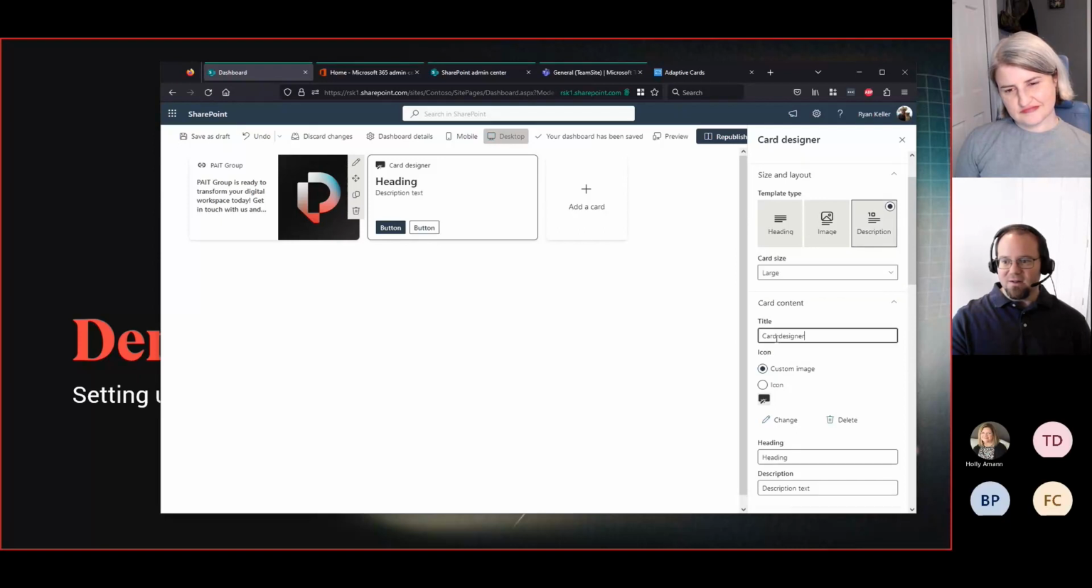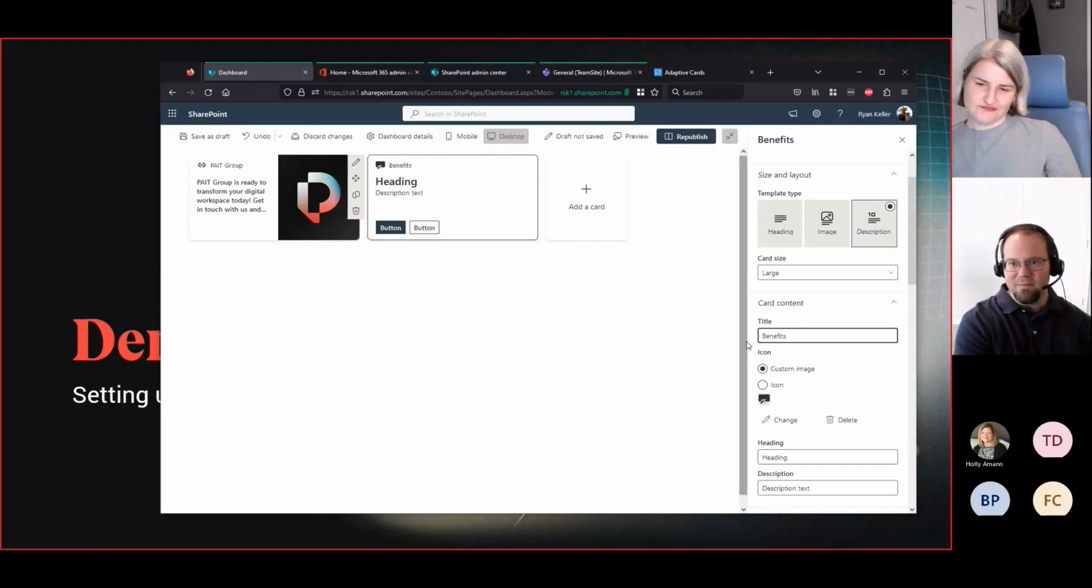You can see that the title, where it says card designer, that's the title of the card, which for me personally, I find a little confusing. You expect the title to be big, but the heading is the big text here. So maybe instead of a title, that would be more of a card label. In this one, maybe I want to set up benefits, or maybe I want to call this HR or something. And for the heading, let's call this benefits sign up,